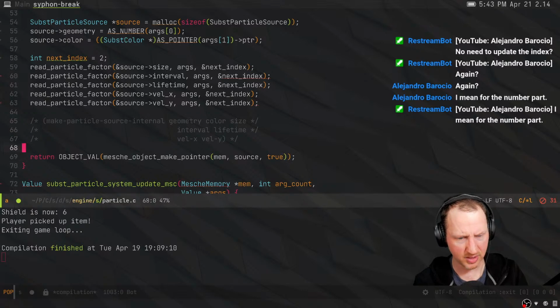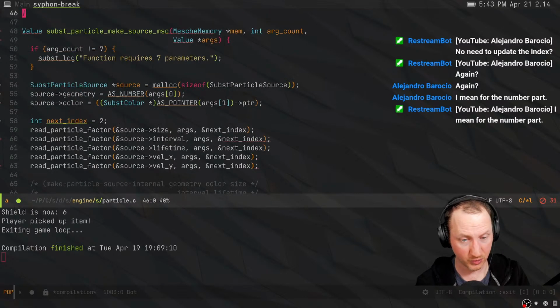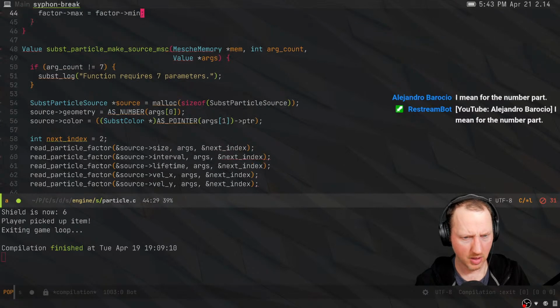Okay, so source true. We're going to make it managed so that garbage collector takes care of that. We'll see if it works. I think it will work, actually. It'll be fine. Yes, actually, it will be great. Okay,